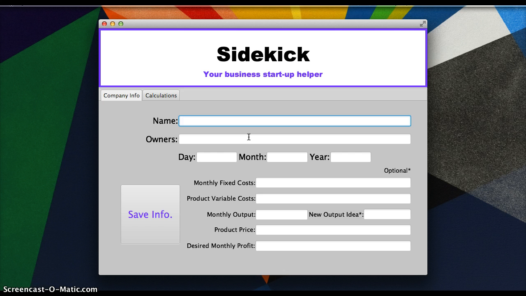In this case, we will use hypothetical values to show the product's functionality. On the top right corner, it indicates that items with the asterisk are optional, meaning that they can be omitted. The program, however, does require the user to fill in all information that is not optional. We will input the name of the business, its owners,